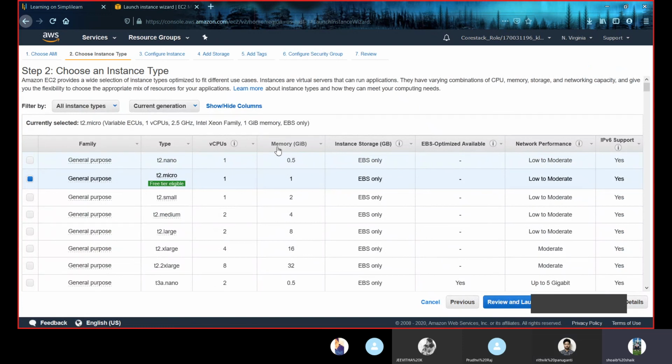These instances generally depend on your storage requirement. If we require the smallest storage like 0.5 GB, you can go to nano, and respectively the other ones. Those are about instance types. So let us get back to the EC2 dashboard.